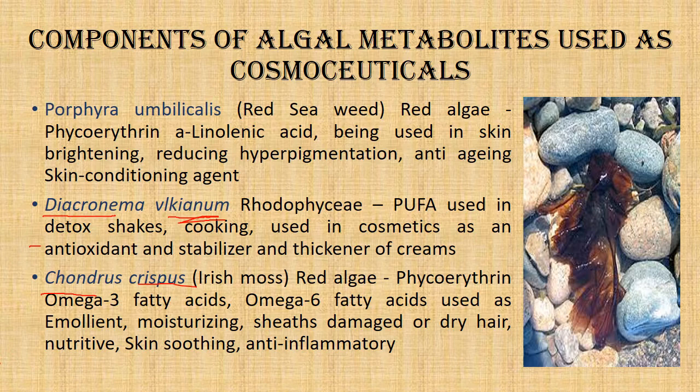We know that skin damage mostly occurs when there is less collagen and elastin fiber in our skin, and collagen and elastin are damaged mostly by UVB. These carotenoids, all the beta carotene, alpha and beta carotenes and the zeaxanthins, are antioxidants and photoprotectants. That is the reason why we see a lot of algal products, many types of algae, used in hair care as well as skin care products.